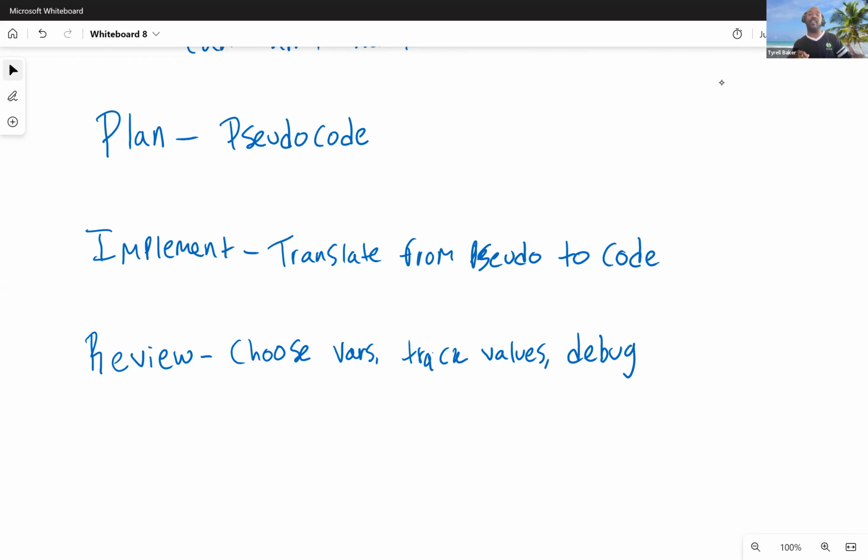And if it doesn't work, then we go back to our plan. What about our plan is incorrect? And not even necessarily incorrect, where is our opportunity for optimization? What can we change? What behavior is happening? And what controls this particular behavior within our code, and how can we manipulate that?